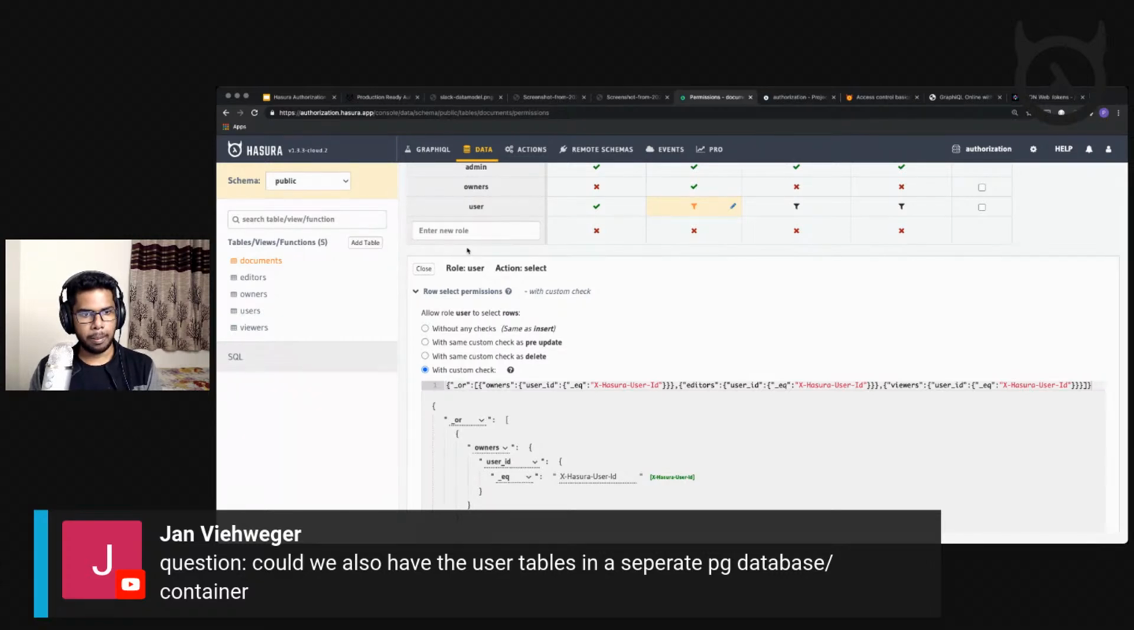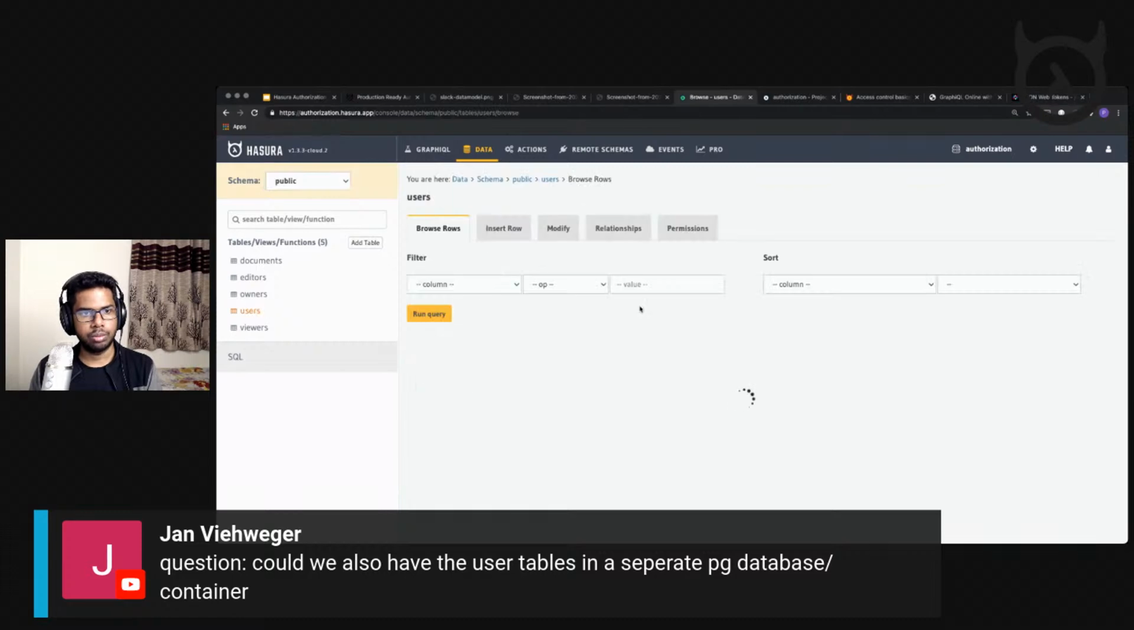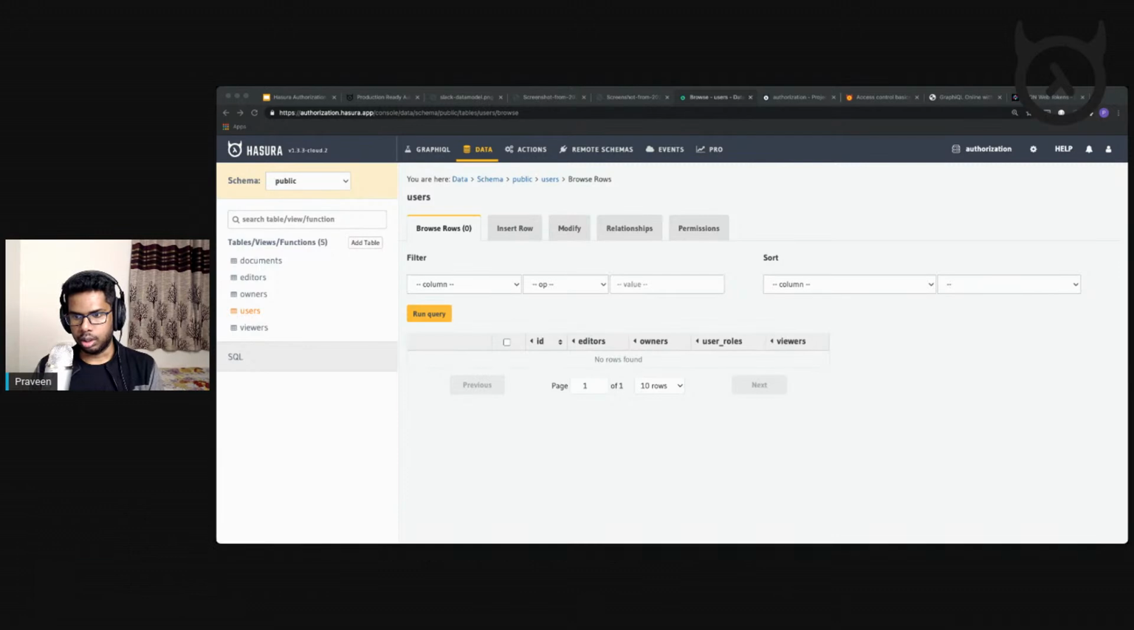But what you can do is you can probably define it in a different schema, in which case you can establish relationships between them and then probably try to apply permissions. Cool. So that's